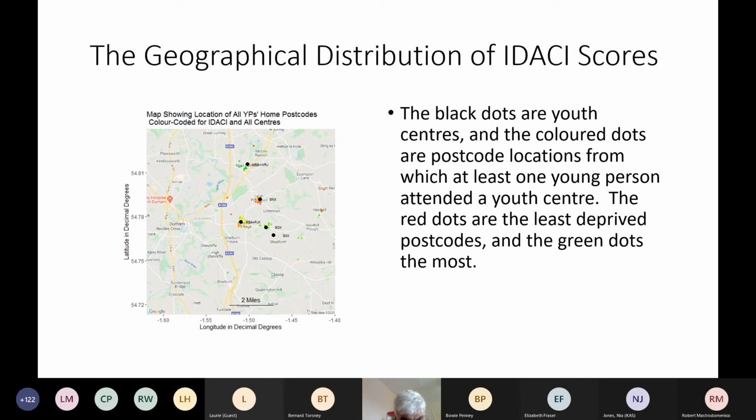And you can see that the dots which represent the dwelling places of the attenders are clustered around the youth centres, which is not totally surprising because each youth centre is actually in a village or small town. But there are also a few people travelling further afield. I don't know how clearly people can see, but on the right-hand side of the map, about halfway up, there's a couple of red dots. So it's possible to see that people are travelling in. This map may well be of some use when determining where the future hub might go, but it just really illustrates the kind of pattern of attendance.